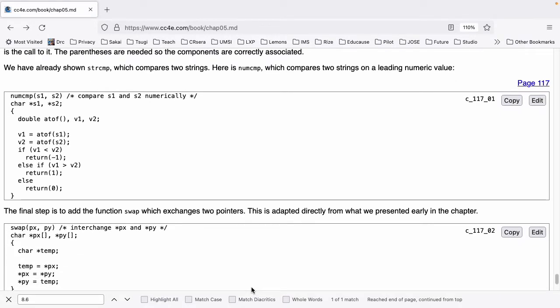This is sample code from page 117 of the textbook, which you can see at www.cc4e.com/code. numcmp(s1, s2) char *s1, *s2; { double atof(), v1, v2; v1 = atof(s1); v2 = atof(s2); if (v1 < v2) return(-1); else if (v1 > v2) return(1); else return(0); }